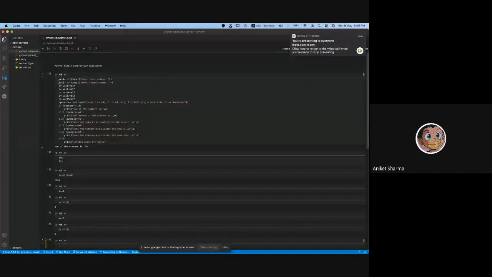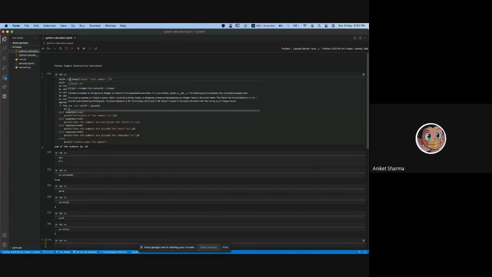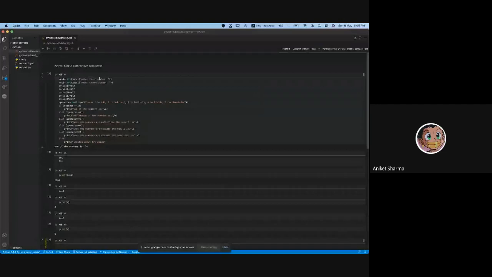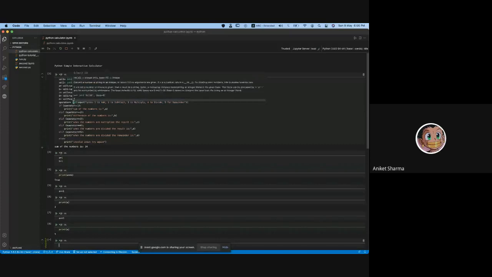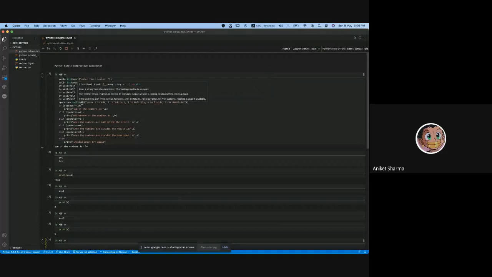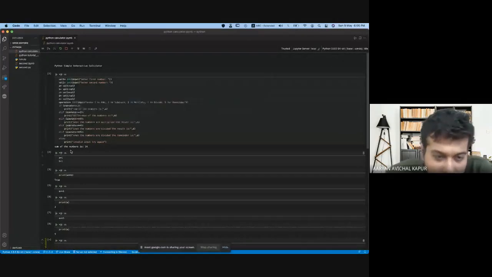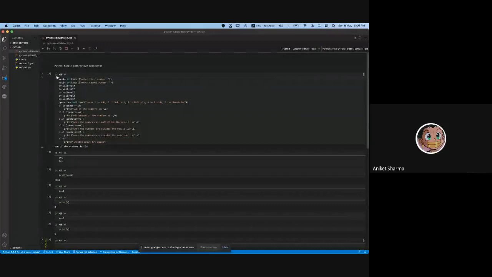Is it visible? Yeah. So what I did was I added two variables, value 1 and value 2, with an input integer, and I had them enter the first number and second number, wherein I put formulas in every variable like addition, subtraction, multiplication, division, and even remainder. And as you told us about the operator, I added an integer output, and I used an if else statement. Sorry, loop, not statement. Yes, correct.